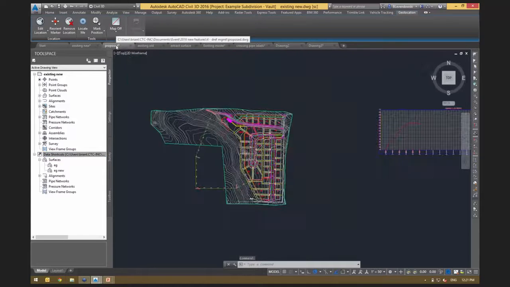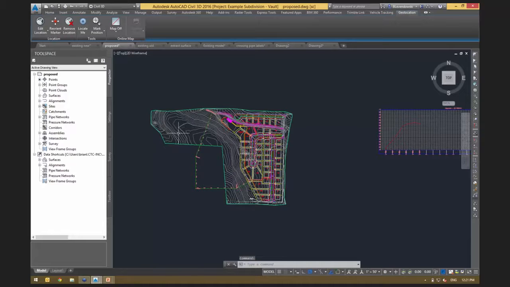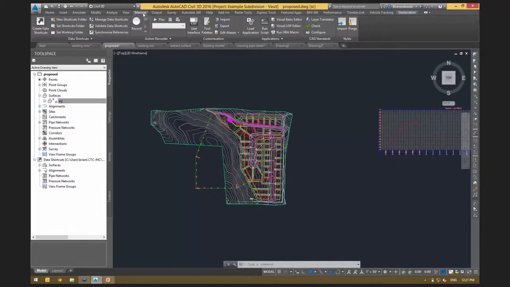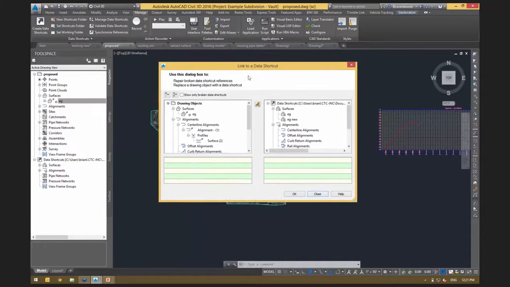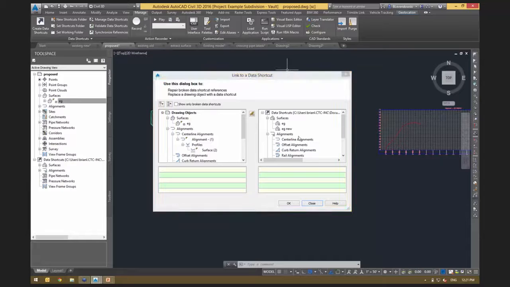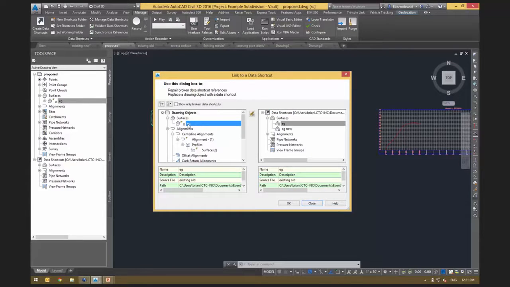Now I go back to my proposed drawing, and what I want is this existing surface reference. It's an EG reference right there. I want to change that to look to another drawing. So if I go to the Manage tab, we now have Manage Data Shortcuts. And when I open this up, I get a new window here. So my drawings are on the left, my drawing objects, and my data shortcuts are on the right. If I click on my drawing objects, that's my EG that's being referenced currently to the EG in the existing old drawing. Okay. If I simply click on existing new and I highlight both of those on each side,